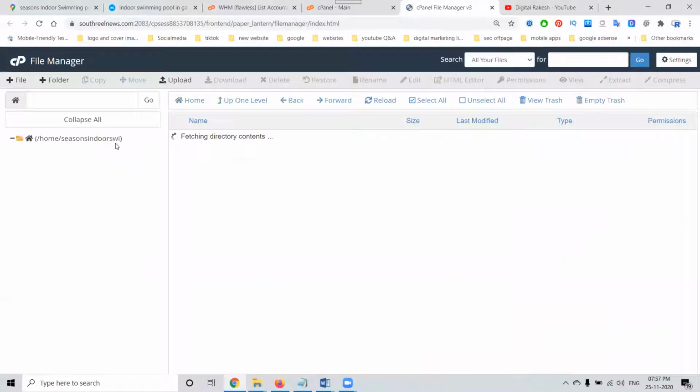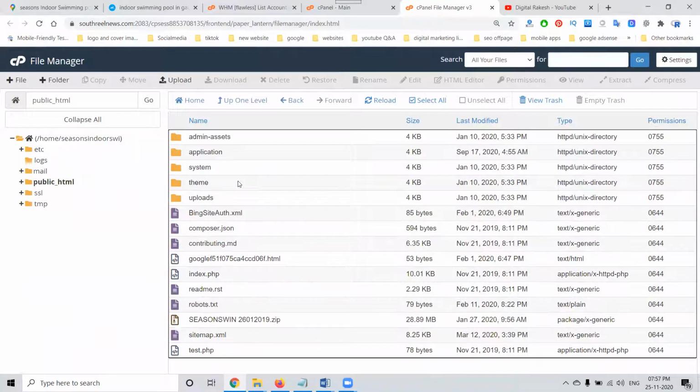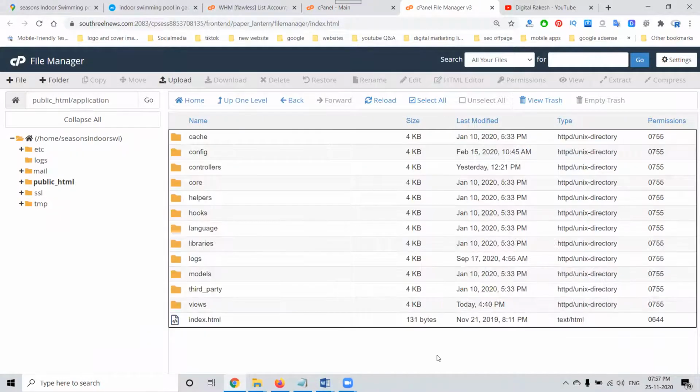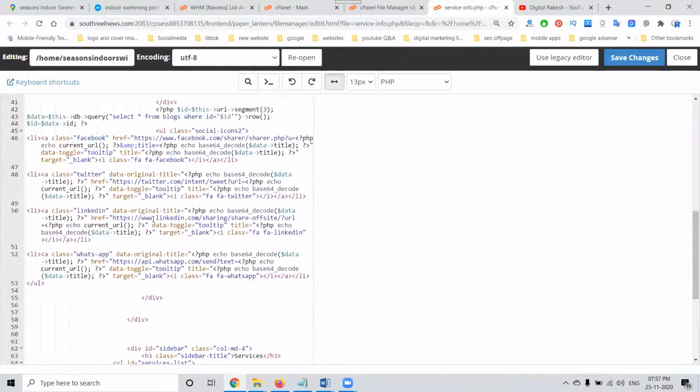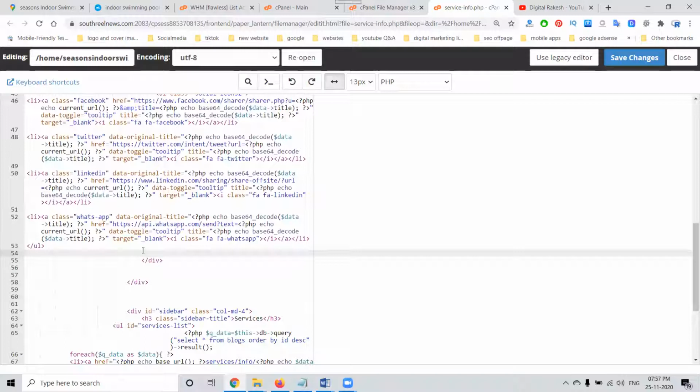We can go to the particular code format. Your task is that the code can be given to the developers. They can update the particular site. We can go to the particular file and here decide which page we add the particular code to. We can add the code in the particular platform.